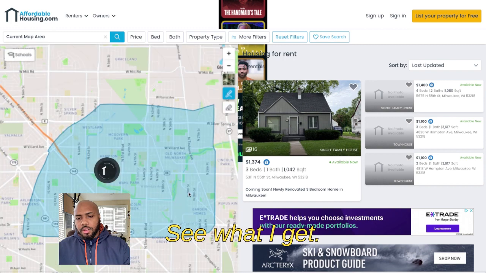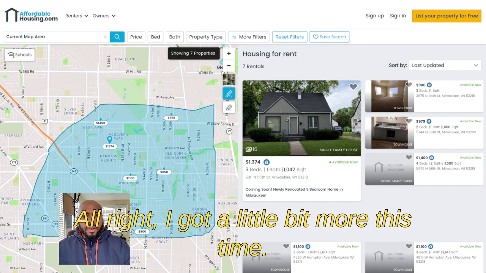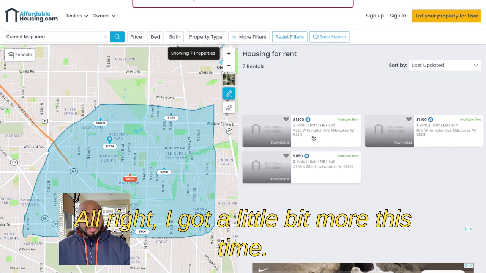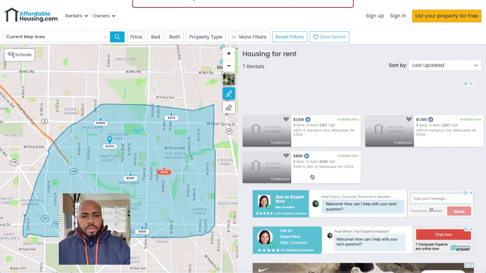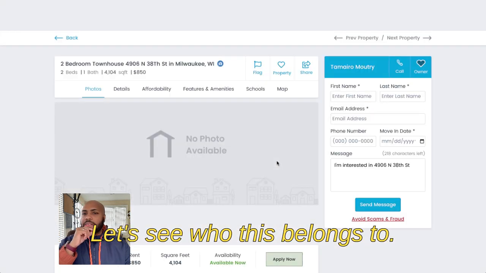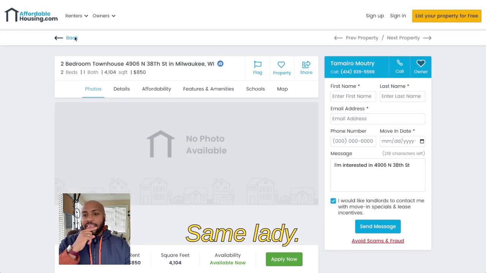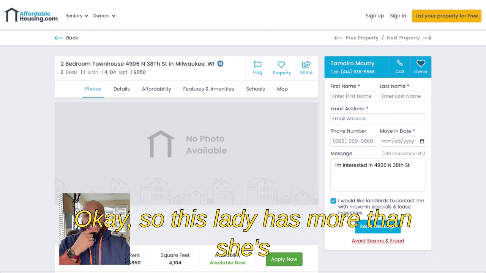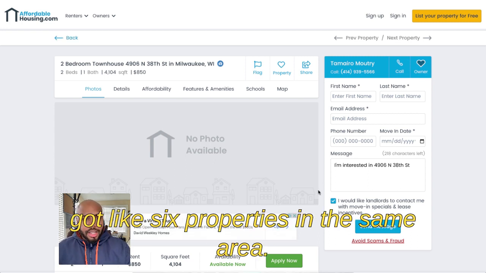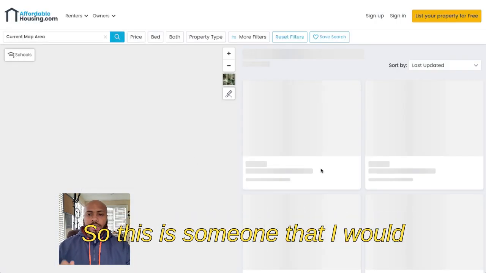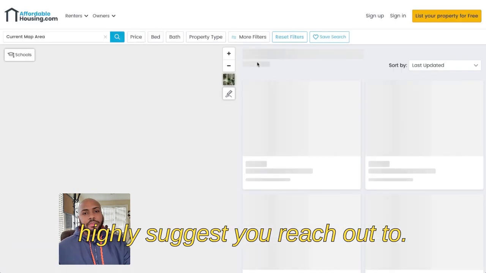See what I get? All right, I got a little bit more this time. Got an 850. Let's see who this belongs to. Same lady. Okay, so this lady has like 6 properties in the same area. So this is someone that I would highly suggest you reach out to.